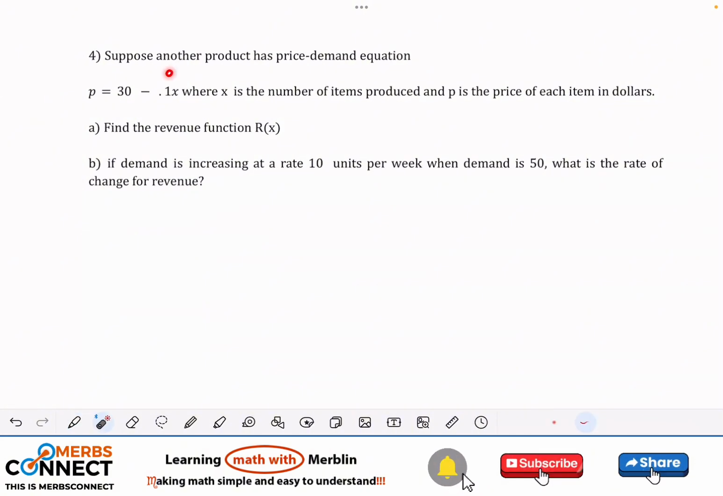Suppose we have another product that has a price-demand equation to be this, right? And then X is the number of items produced. So here you need to put the information down. X here is the number of items produced and P is the price, right? So the first question is